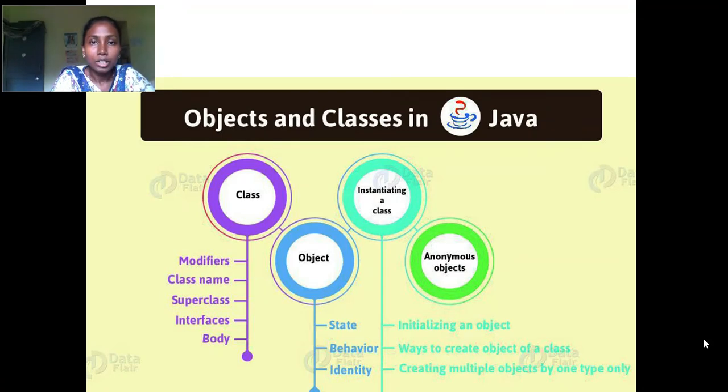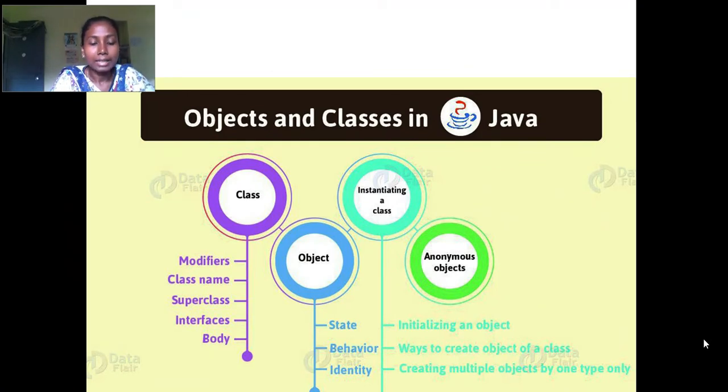But we can write a program of multiple inheritance by using interfaces. Here we use a keyword that is implements.